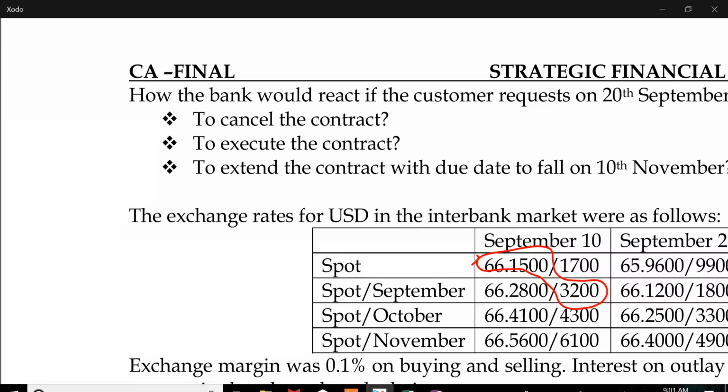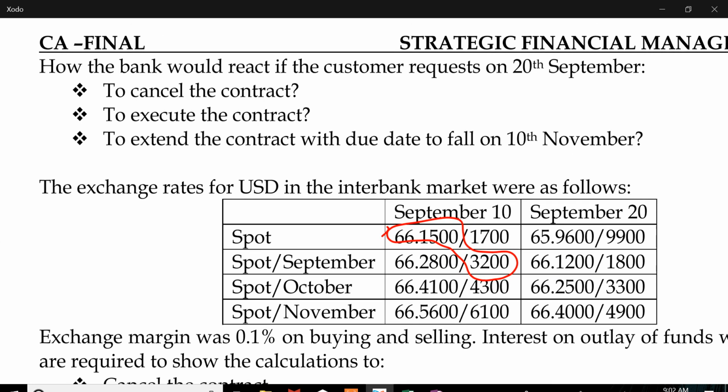Scenario 2, execution of contract. In that point number 8, the customer has to pay cancellation charges of rupees 55,887. Next point, for purchasing $50,000, he has to pay. He wants to execute, that is, he wants to buy $50,000. He has to pay 50,000 into